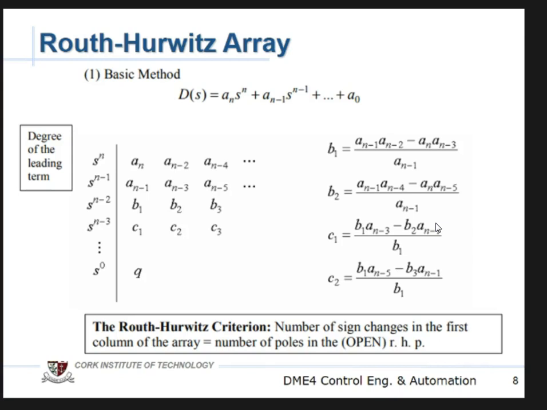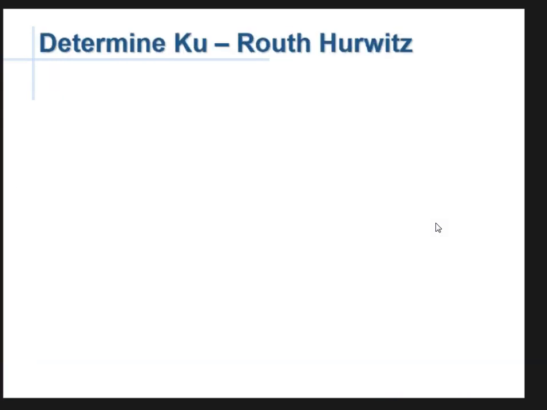Don't worry about here. The number of sign changes in the first column of the array is equal to the number of poles in the right half plane, so the number of unstable elements, the number of unstable dynamics. And we can tell that by looking at it. So we're going to look here at our first column. So that's your array. Then, for example, if 1 plus KU is equal to 0,